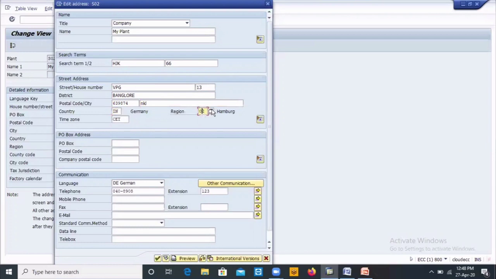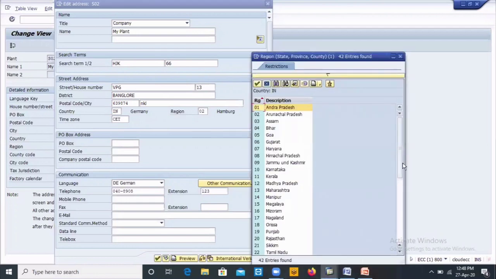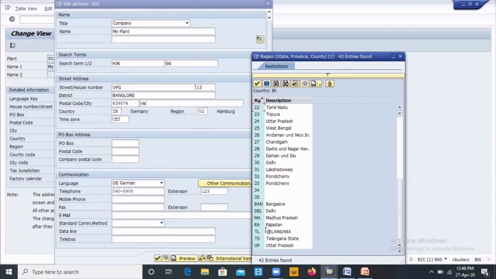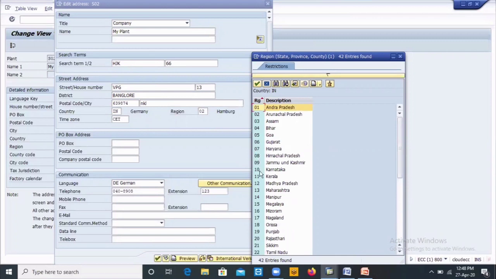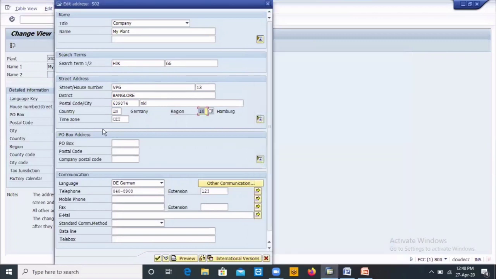And region we will select here. Click on the F4 button and we'll select the region. Okay, here I will select Karnataka. Here is Karnataka. Okay, 10. Time zone is Indian time zone.